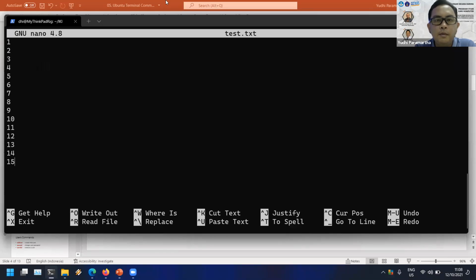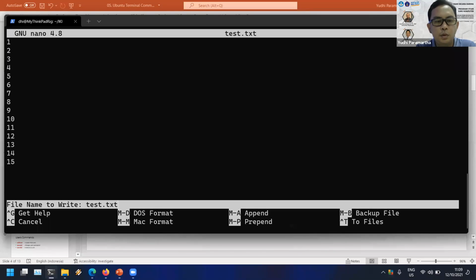Okay, and then for saving the file or writing the file, I could use the write out command like in here. This character is for control, and then the next character is whichever key on your keyboard. For example, this is Control plus O, so we press Control and O. This will write the data into the file.